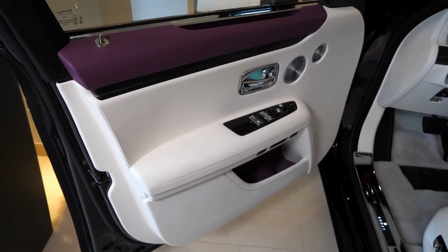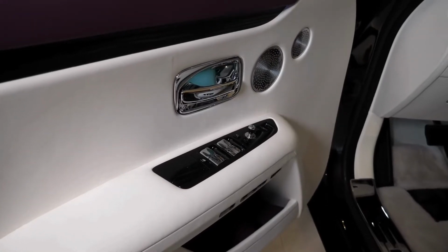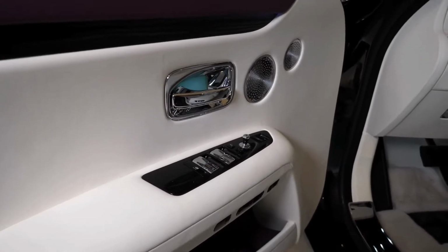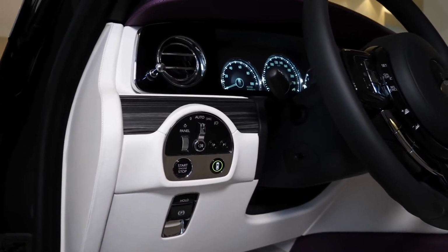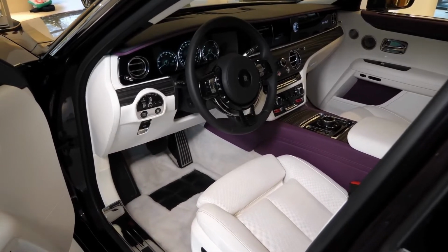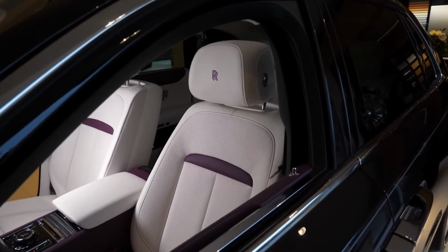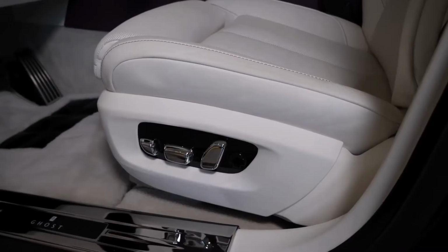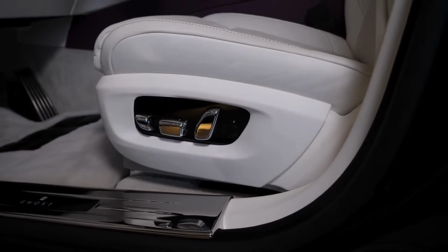The latest Ghost model has a new feature called the Starlight headliner in its interior, which was only available in the Phantom cars, specifically in the Phantom Celestial, the special edition of the 7th generation Rolls-Royce Phantom. This is a significant change compared to the previous Ghost model. Additionally, the new Ghost interior is said to have more intricate details than its predecessor. Although it uses the identical 6.7-liter V12 engine and all-wheel drive chassis, the vehicle has undergone some adjustments to